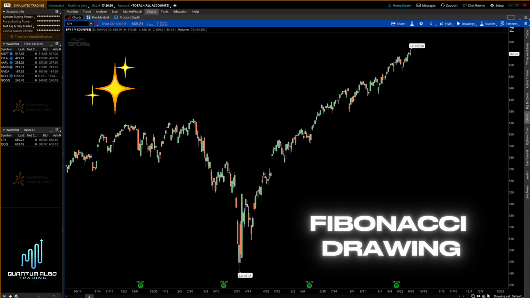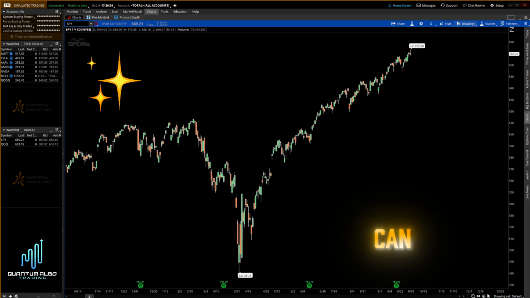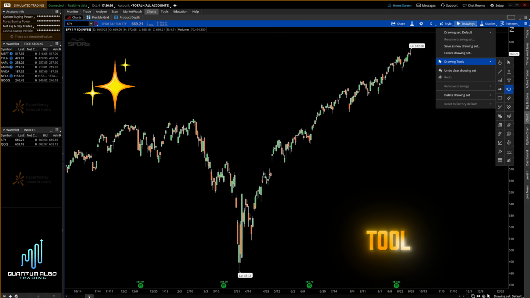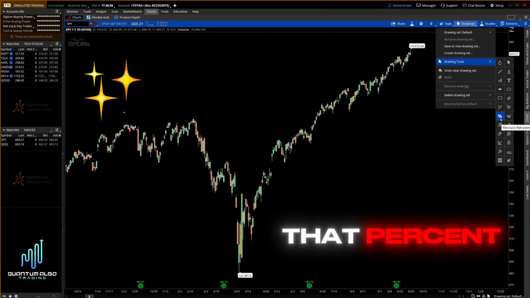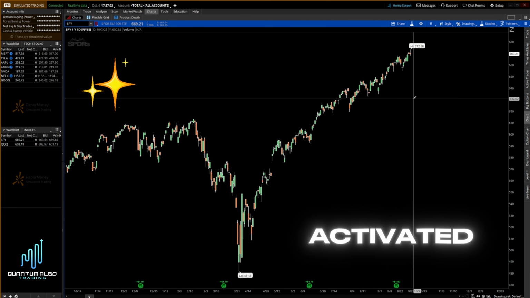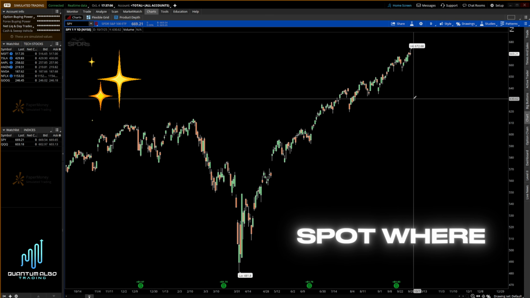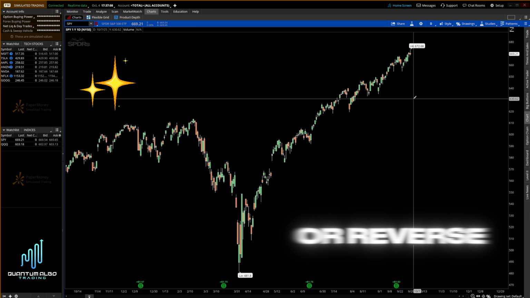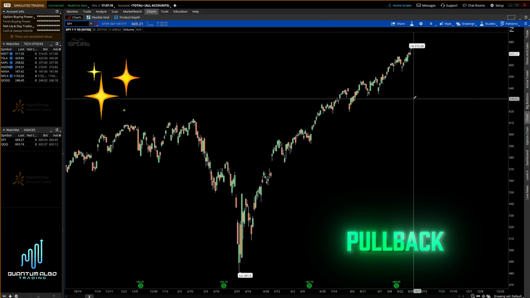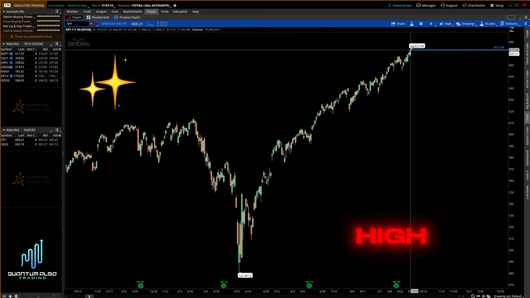The first Fibonacci drawing tool we're going to be looking at is the Fibonacci retracement tool. You can find that in the drawing tools submenu. Click on that percent symbol, and now we have it activated. Now what this tool does is it helps you spot where a market might pause or reverse during a pullback. So the way that it works is that you can draw it from a swing high to a